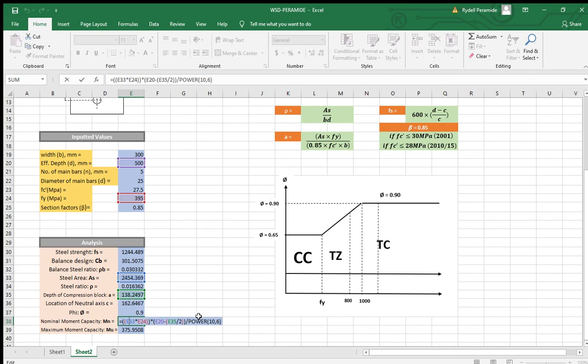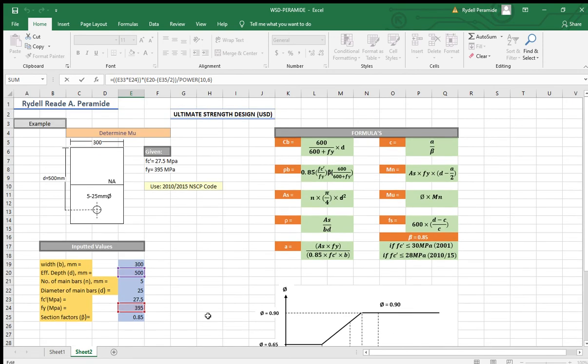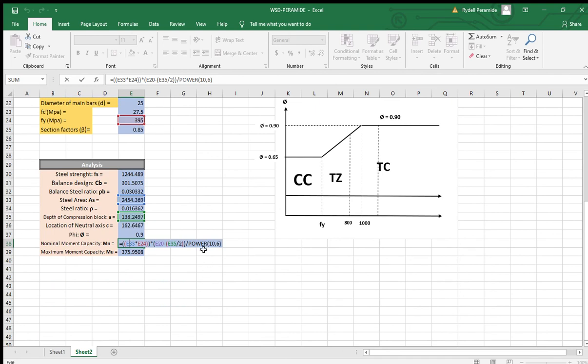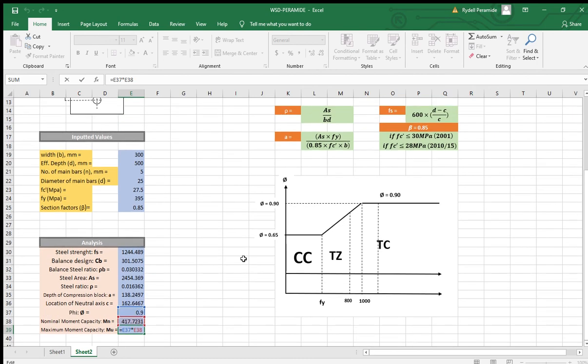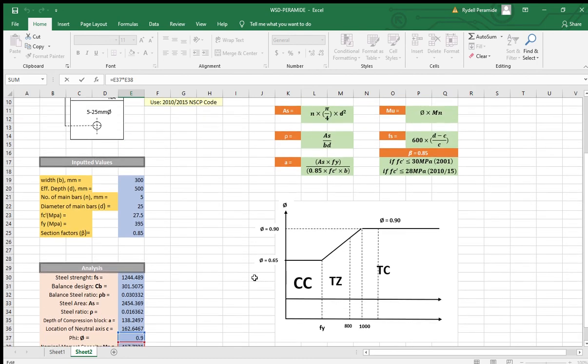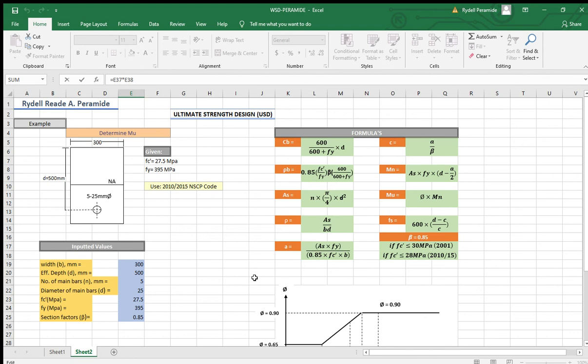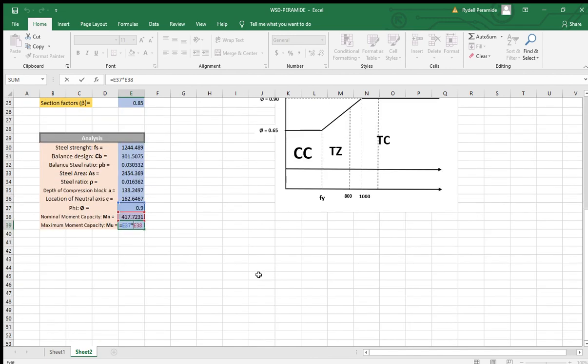And since we want to get the answer in kN-m, we will divide it by 10 to the power of 6, and we will get the answer of 417.7231. The maximum capacity, the formula is phi times the Mn, or phi times the nominal moment capacity. So 0.9 times 417.7231